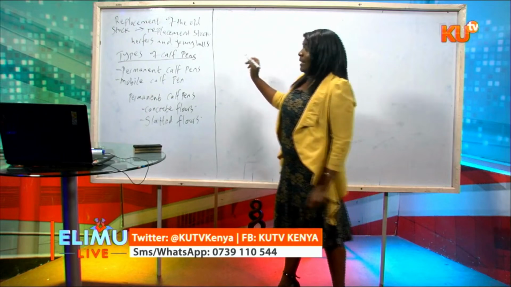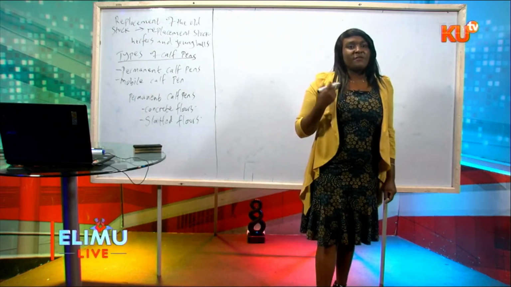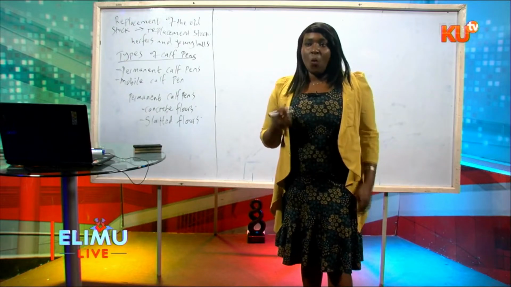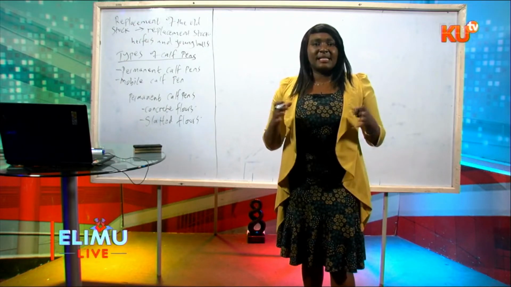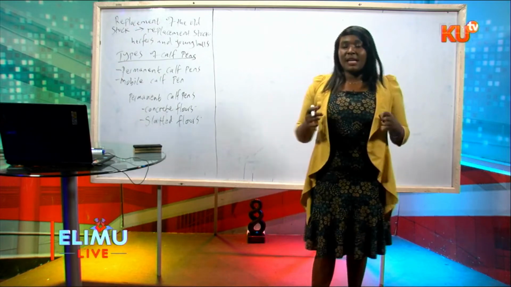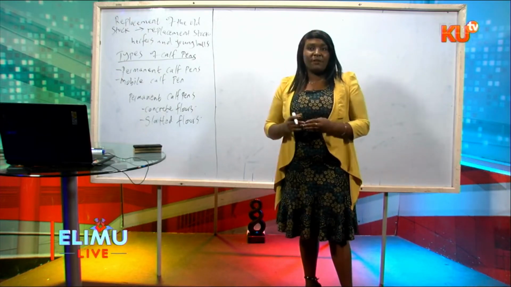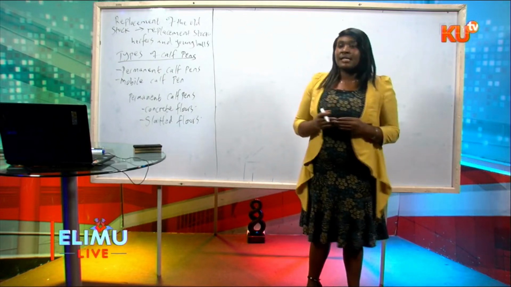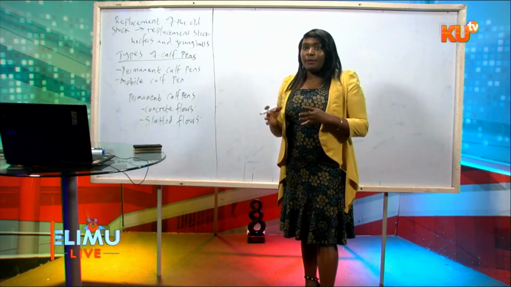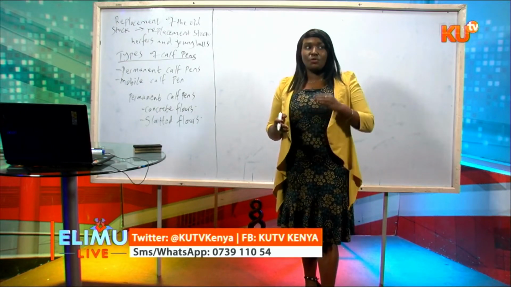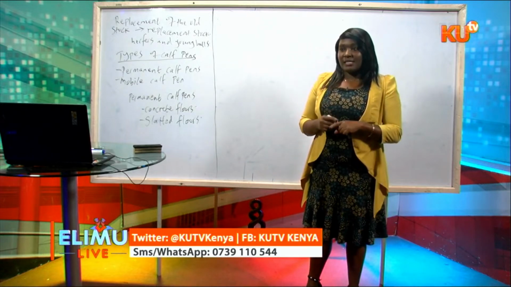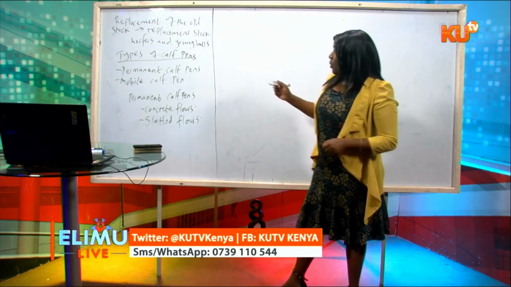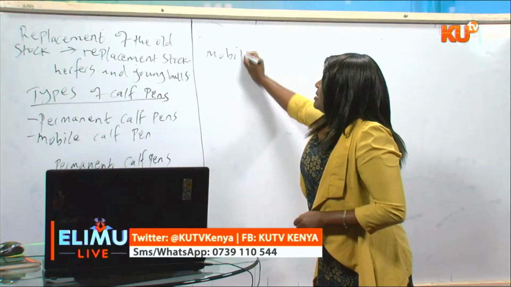Now the mobile calf pen, coming from the word mobility, bringing the aspect of mobility. What is mobility? Mobility is that idea of movement. It means that you can move the calf pen from one place to the other, from one area to the next. Maybe you can move it today from a certain region to another area, so that the calf can be able to feed on fresh pastures. So the mobile calf pens,